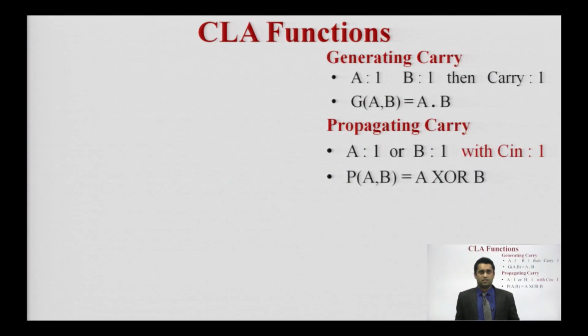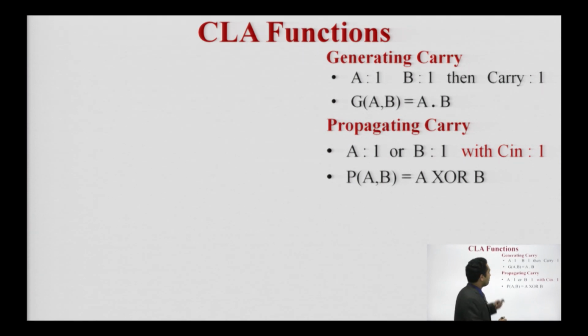To understand the concept, I have shown this part as the generating carry and the propagating carry. When we are talking about the generation of a carry, if I am talking about two 1-bit numbers, in this case if the value is 0 0, meaning A is 0, B is 0, what is the output? No carry is generated. 0 1, no carry is generated. 1 0, no carry is generated. The generation of a carry happens only when we have both the ones. So if both the ones are there, my output is a carry.